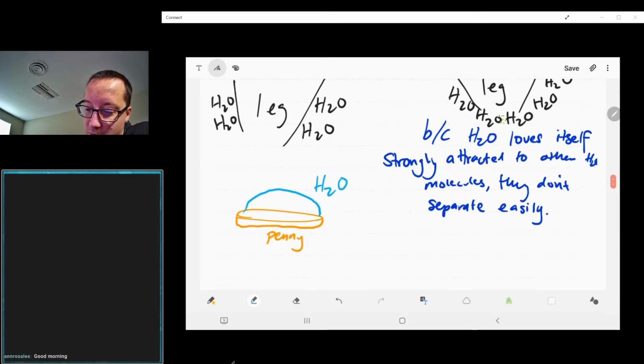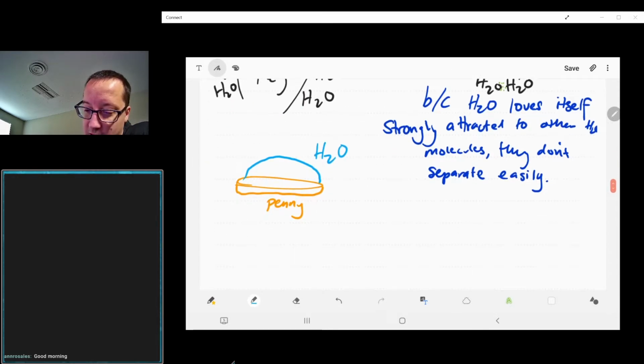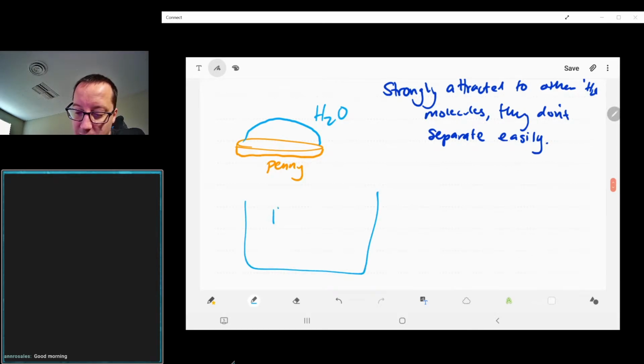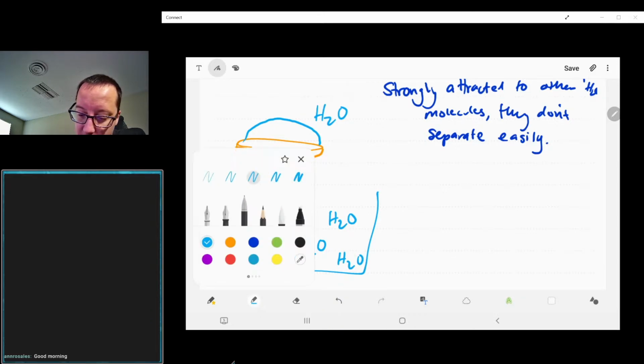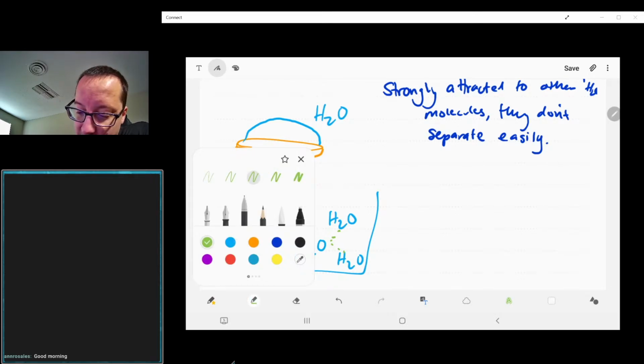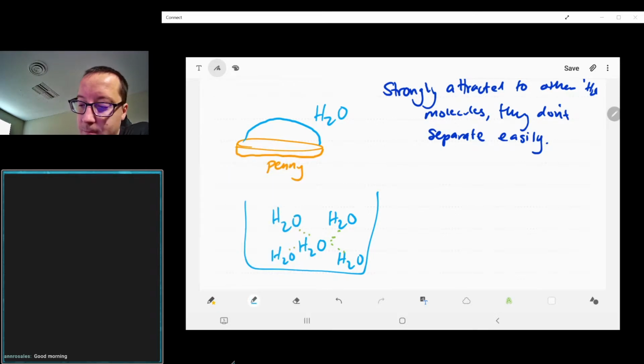So all the water molecules on the surface are kind of being dragged towards the middle. If we want to think about what's happening in the middle of the water, this water molecule in the middle is being attracted by all the water molecules nearby it. So this water molecule in the middle is going to be kind of happy where it is. But if we look at just the surface molecules,